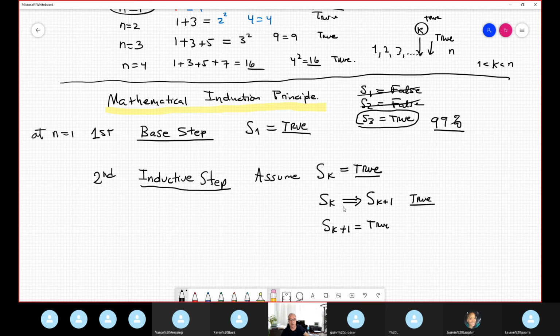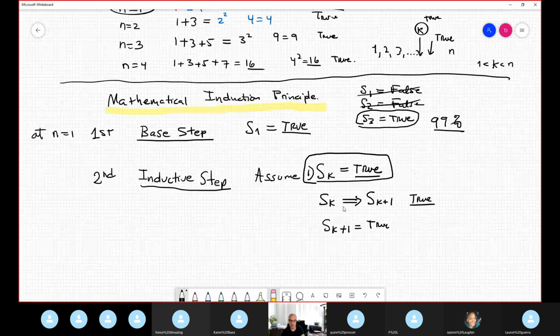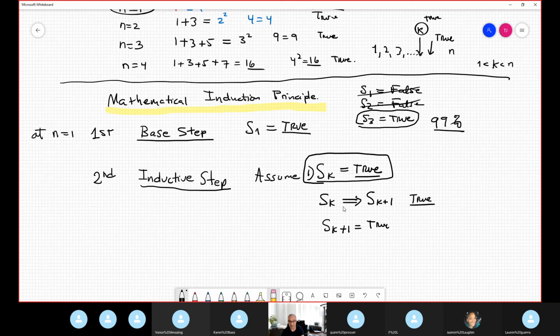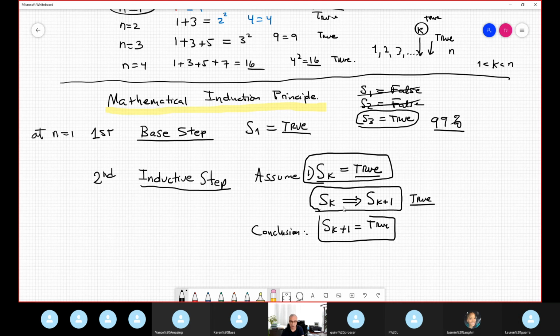Okay, let me explain it. You assume, number 1, okay, this is true. Okay, this is easy, plugging in, that's it. Now, if you prove somehow that a sub k implies a sub k plus 1 is true, so this entire statement, by the way, this is the compound statement, this is the conditional, it's true. Therefore, the conclusion is that a sub k plus 1 is true, and this continues forever